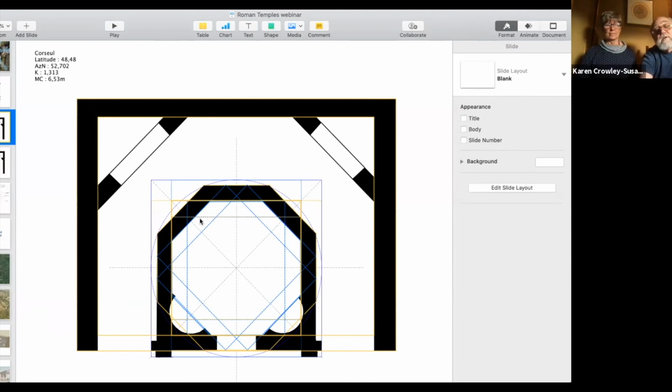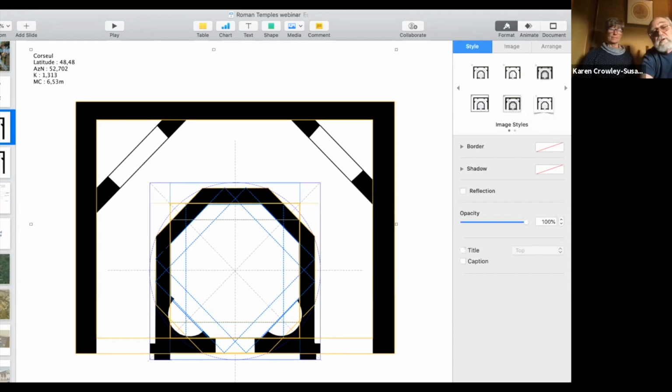you can see that you have the solstitial quadrilateral here, and they make one side here. The solstitial quadrilateral makes one side of the octagon inside, another side here, another side here. And then if you tilt the solstitial quadrilateral, you obtain at the same time another solstitial quadrilateral, but you have the other side of the octagon. And like that, you have all the sides of the octagon that are made with sides of the solstitial quadrilateral. So it's